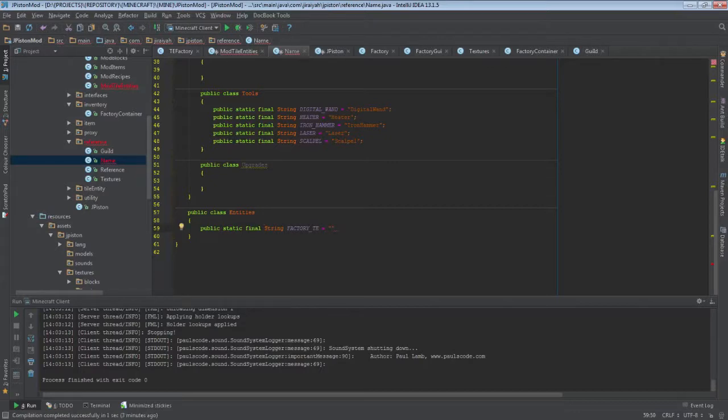What should we name it? A good name. Let me see my notes. Tile entity